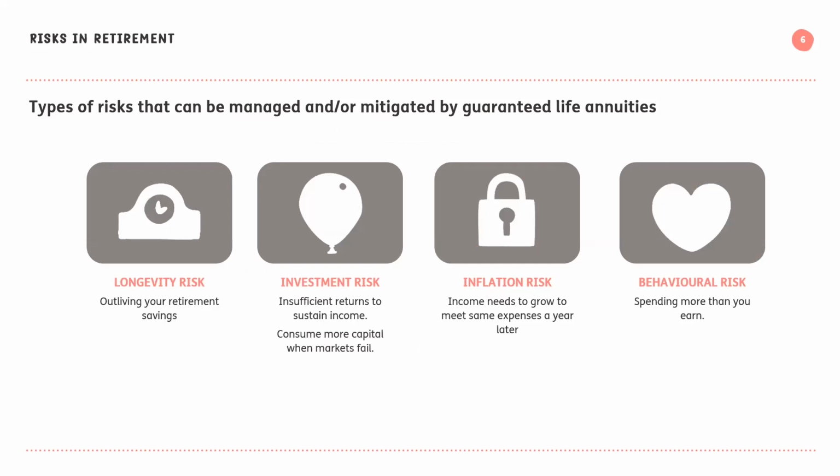I'll then cover why we think this is the suitable product for covering a client's essential expenses at retirement, because it removes the longevity risk, which is transferred to the insurer. It also transfers the investment risk, because no matter what happens in the market, the client will continue to get the guaranteed income. It's expected to go up by inflation, and it takes away the behavioral risk of a living annuity, where a client could potentially draw down too much or draw down too little, both sides of that equation.